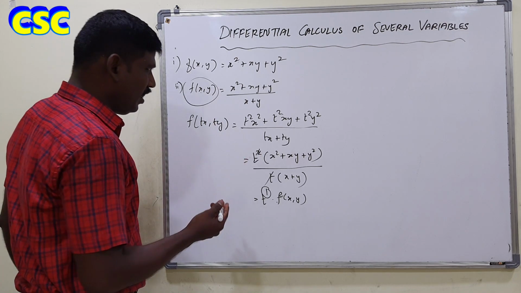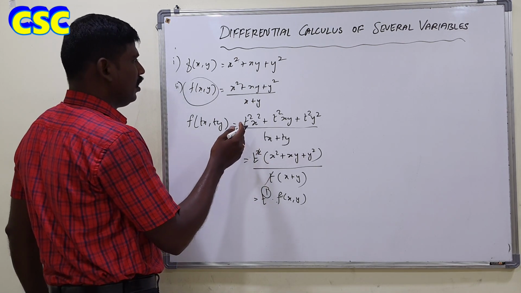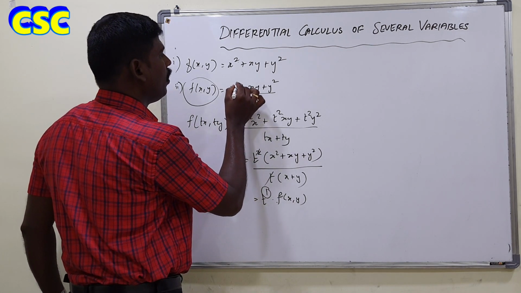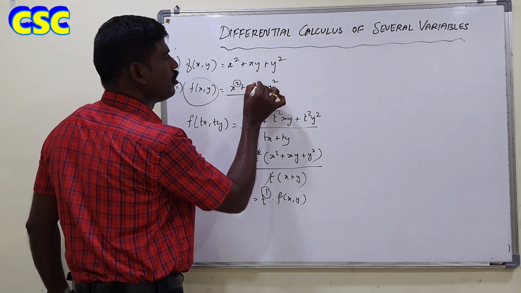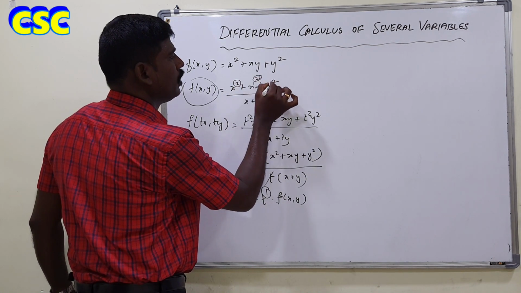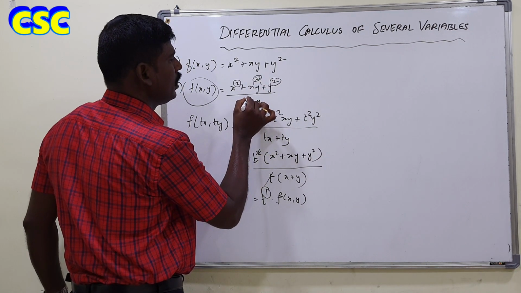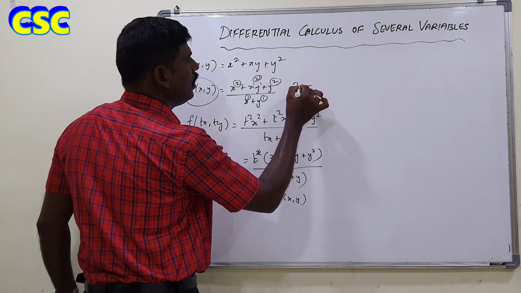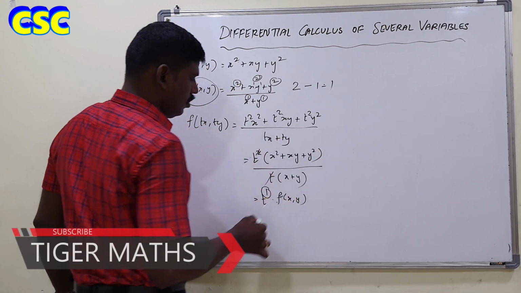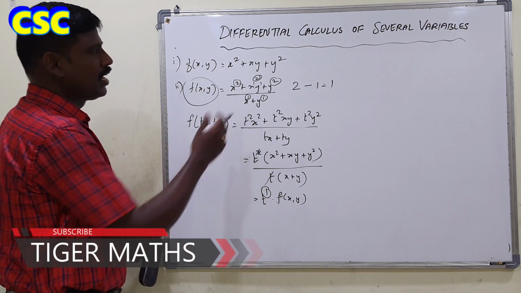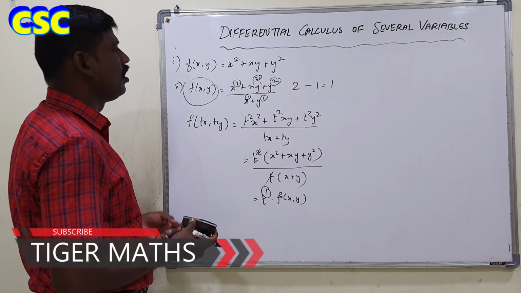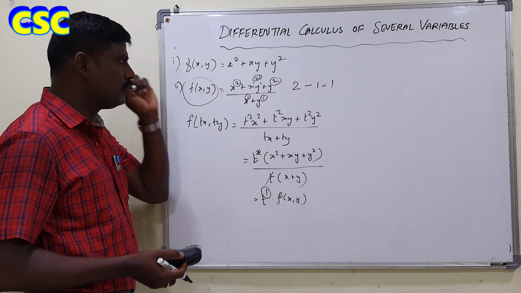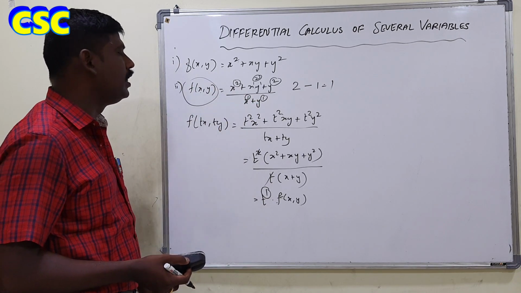We can find it easily, not by substituting x by tx and y by ty, but directly. How? The power of x square is 2, here 1 into 1 is 2, here the power of this term is 2. Similarly, in the denominator each term has power 1. So the degree is the degree of the numerator minus the degree of the denominator, 2 minus 1, which is equal to 1. Directly we can find the degree by this shortcut method. But you don't follow this method in your examination; just understand what degree you will get. That's all.